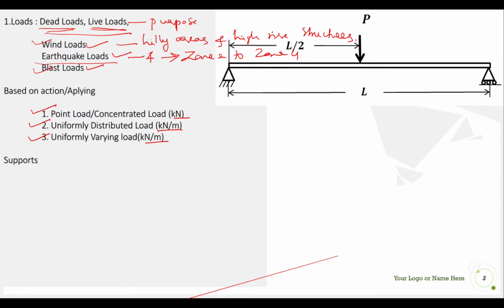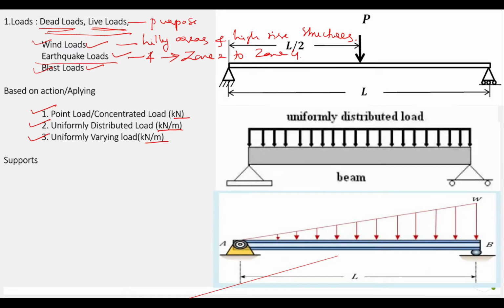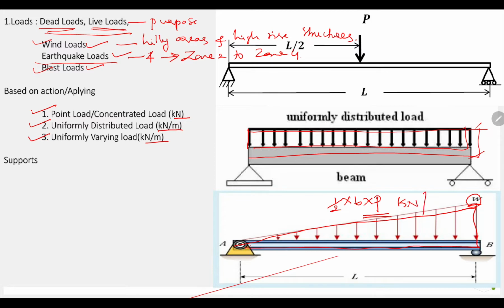Then we have the point load here, then uniformly distributed load. Just for revision I am explaining uniformly varying load, and from this we need to understand how we are calculating it. It is in the form of a rectangle. We take this as the base and the load as the height. So base into height will be the load, and if you are going for this also, this is in the form of a triangle, where we calculate the area of the triangle, that is half into base into height, meaning the load whatever we are getting, W or P, that is in the unit of kilonewton per meter. So this is how we have the main types of load we are applying, whatever it is, dead load, live load or whatever it is, we apply in this format.